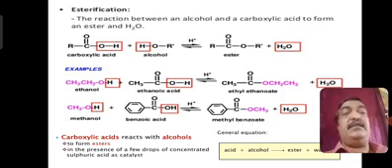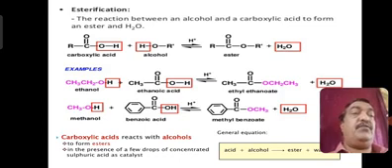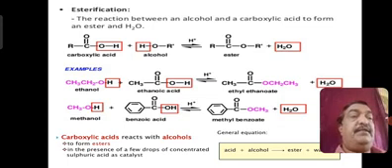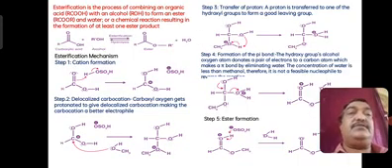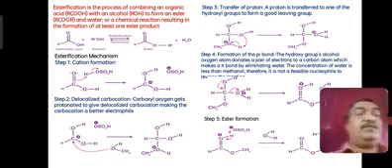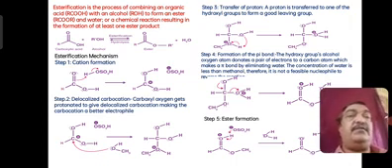Similarly, you can have methanol, CH3OH, and benzoic acid. The OH of the benzoic acid and the H are eliminated as water to form an acetophenone-type product, but it is not acetophenone, it is methyl benzoate, C6H5COOCH3. So simply remember, organic acid and alcohol yield ester and water. With this we move on to the mechanism of esterification. There are two different methods I have mentioned; whichever you feel is easy, you can carry out.